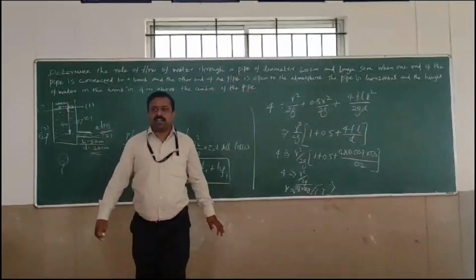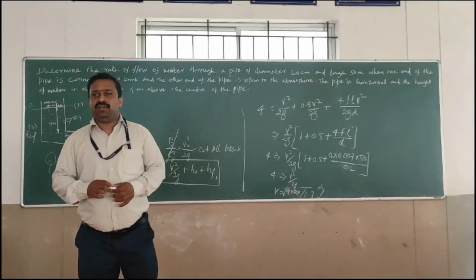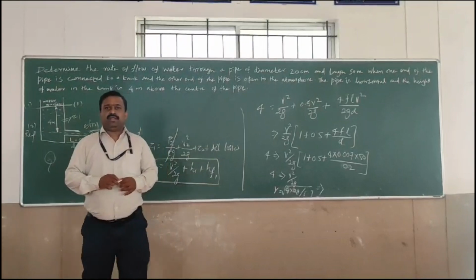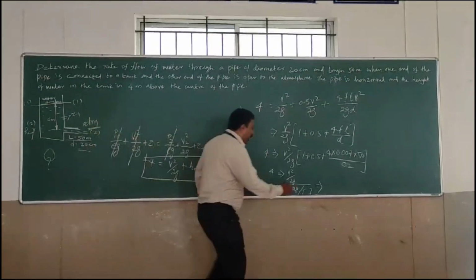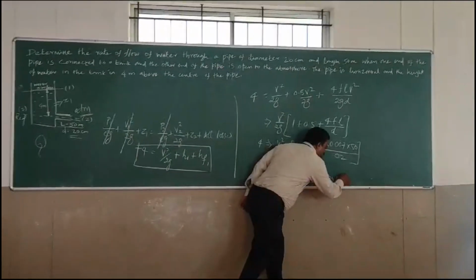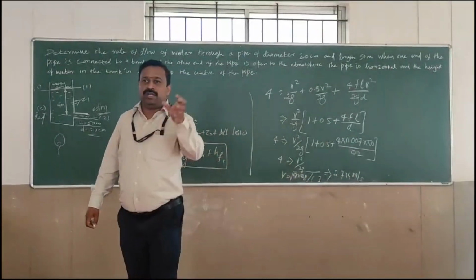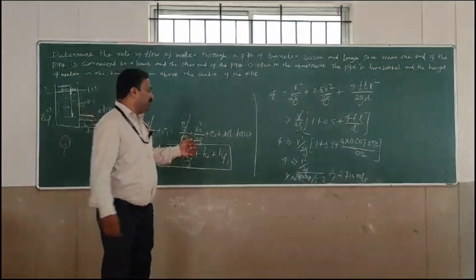Tell me, do the calculations. Velocity equal to... Sir, it's 2.734. Yeah, good, that is 2.734 meters per second. So this unit is very important, keep it in mind. Always tell the unit along with the values. You have to say meters per second.